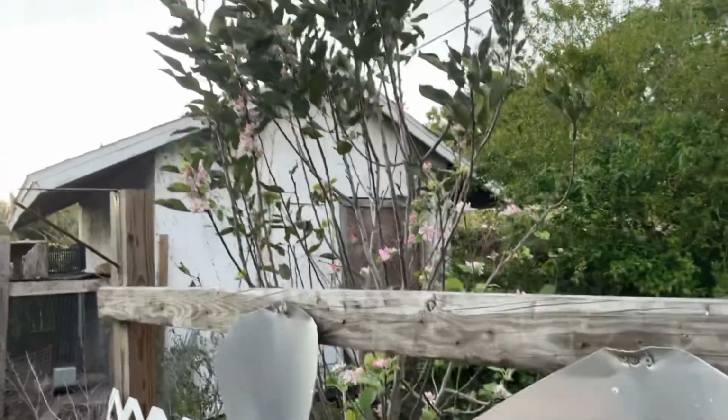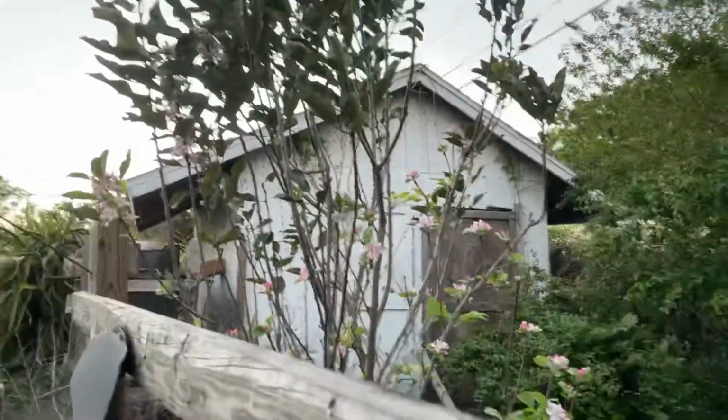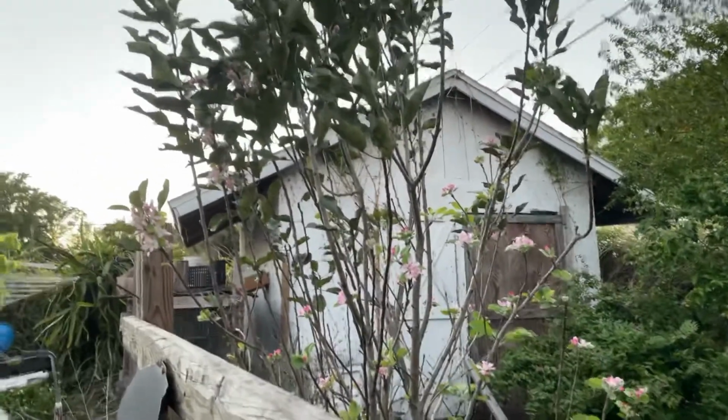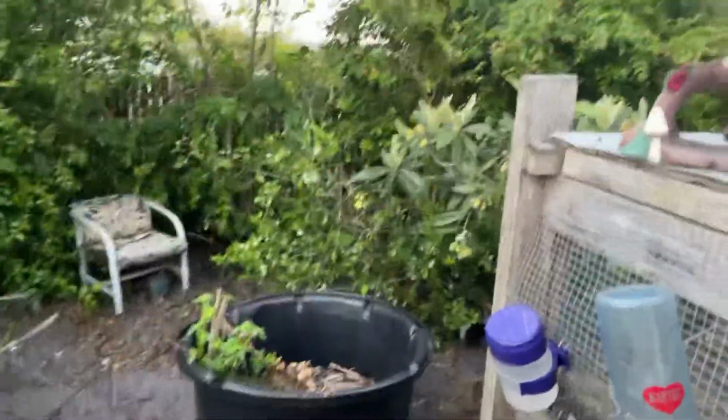But look at this apple. This apple tree is like full on blooming everywhere. Everywhere, everywhere, everywhere. Look at it. I mean, it is just full on blooms everywhere. I was totally floored when I saw that. And the bees are going nuts over it. And my